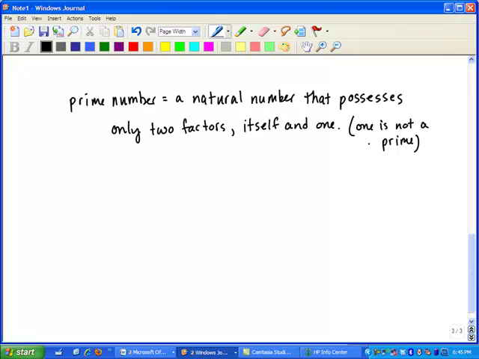And in part, that's because 1 is the identity for multiplication. So it already has its own unique role there. And by identity, I mean that when you multiply something by 1, you get itself back. Okay? So you do 5 times 1, you get 5. You do 10 times 1, you get 10. Right? Okay, so then a composite number